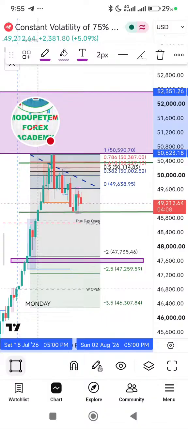Tomorrow, by 7 o'clock, I'll be live again to show you. And I'm going to be telling you the days you should trade in the week and the days you should avoid trading. All these things are what you've actually known in the ICT or CRT, but you don't know how to use them. I'm going to be showing you live how you use them, why they are like that, where you expect to use them, the time you expect to use them, and what the market will show you to use them.